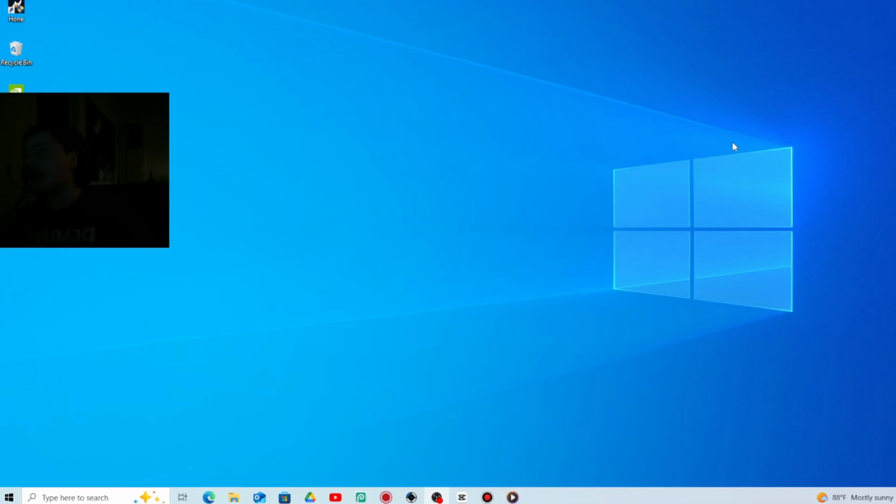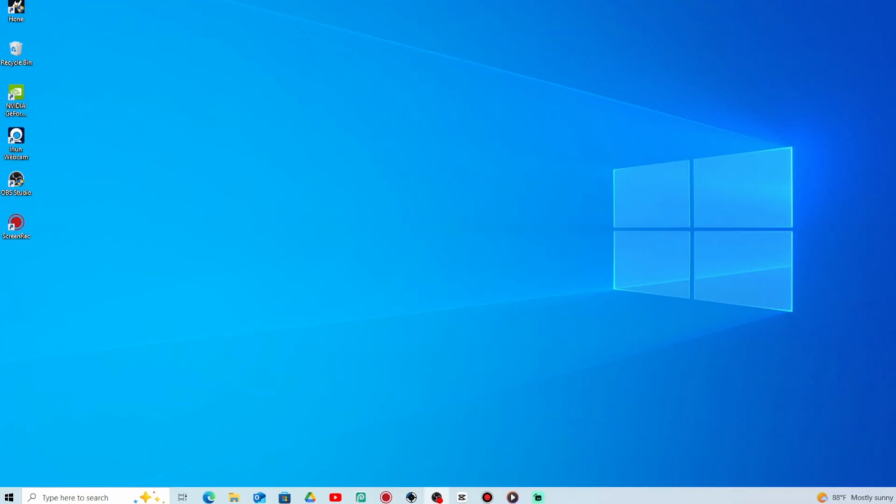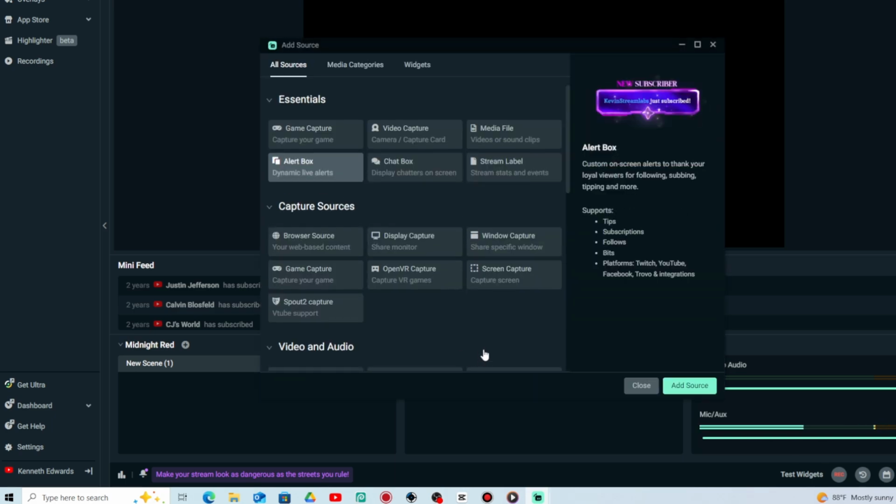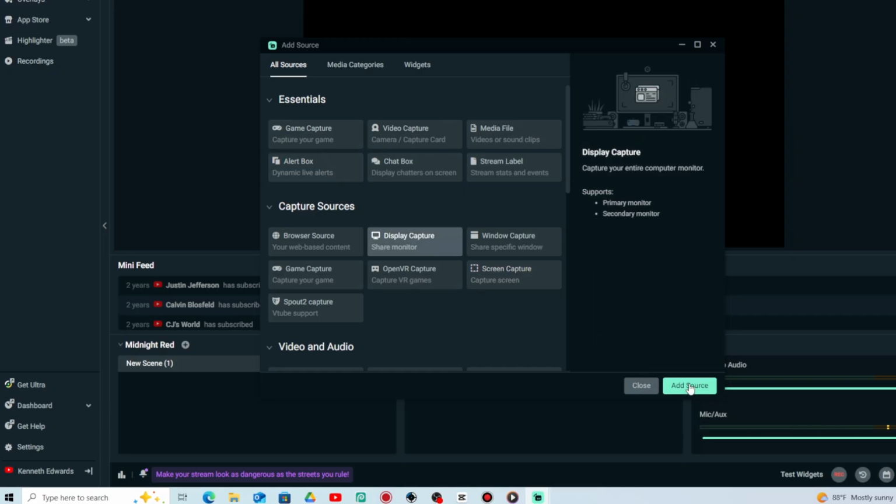So let me show you how I have the webcam here on OBS. I'm going to show you first on Streamlabs, because you can see Streamlabs. You can't see OBS because I'm recording on OBS. First, to add a display capture, you want to go to Scene, press the plus, then go over to where it says Display Capture, add source,